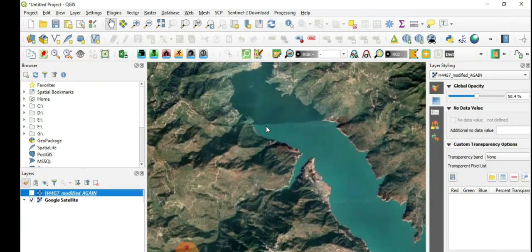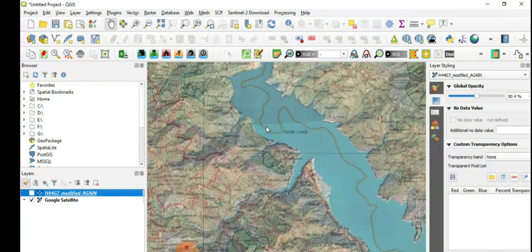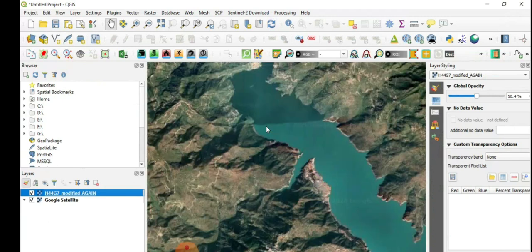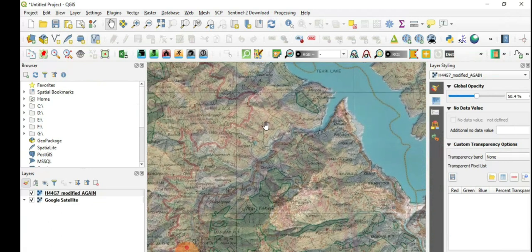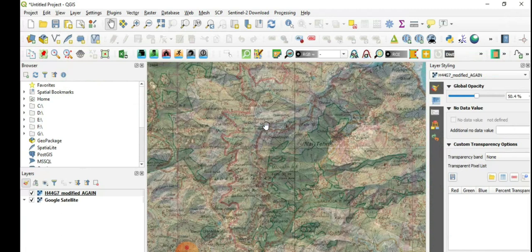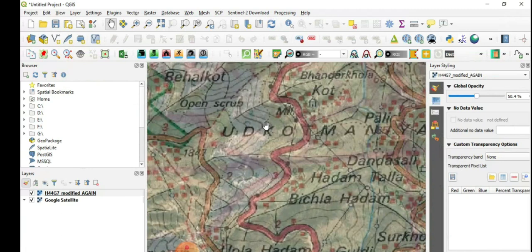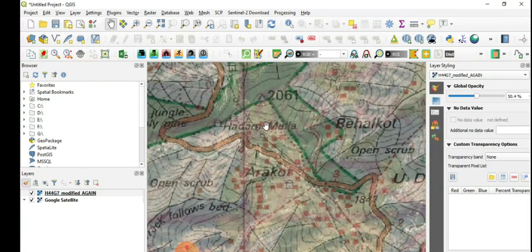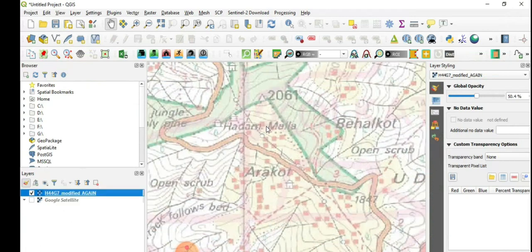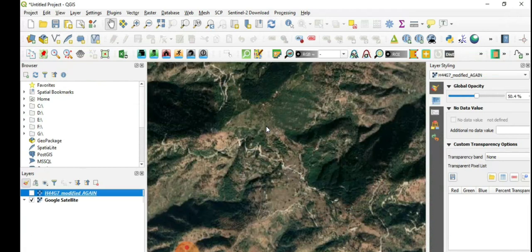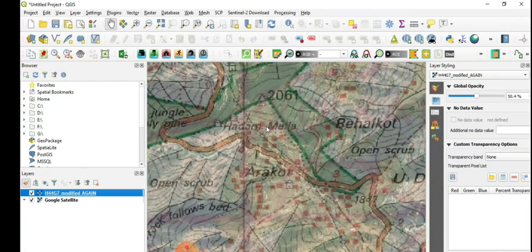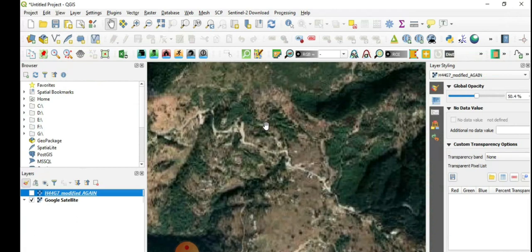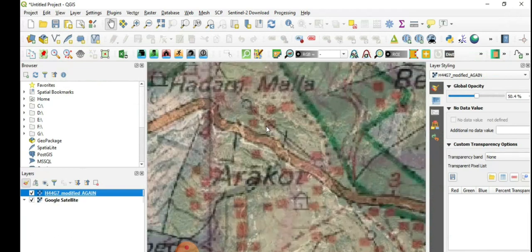See, topo sheet is right above the TV lake, okay, and even if you want to identify some roads and all, so if I zoom in over here, see there is a road going on over this terrain, and let me click on the topo sheet.